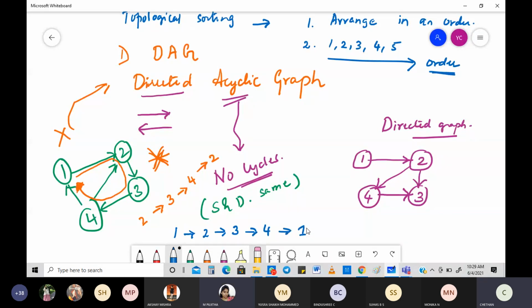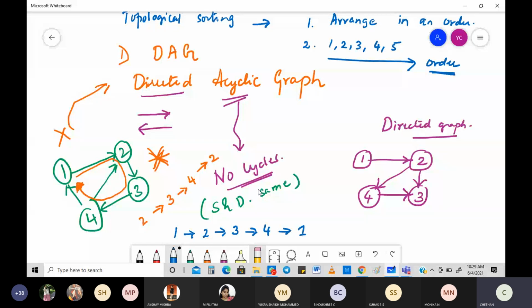Okay. So what is the thing that you got to keep in mind here? When you have a cycle like this, topological sorting will not work. You keep this in mind. I'm saying it will not work. You keep this in mind. We are going to take a cycle also, and I am going to show you how it will not work.